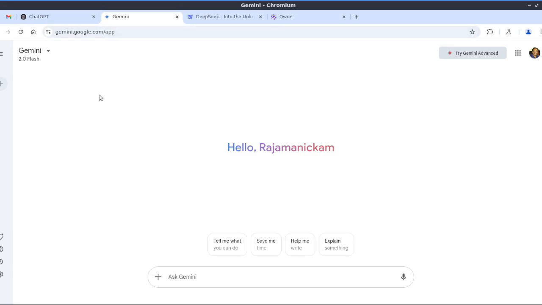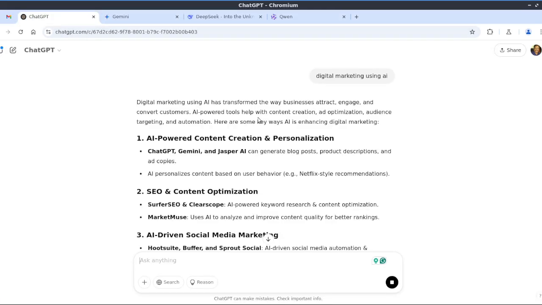Apart from these things, we have a lot of specific tools also there, like for writing articles, we can go with Jasper.ai, and Copy.ai is having a lot of features. But I'm not going to go in that way. Anyone can easily start with digital marketing with the help of these freely available common AI tools. So here we can first start by asking ChatGPT about doing digital marketing using AI.